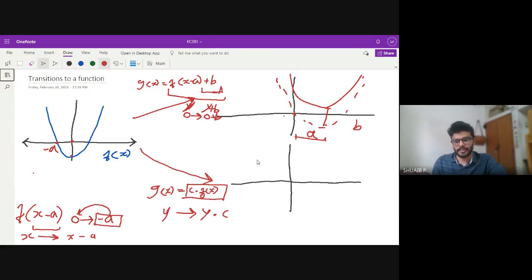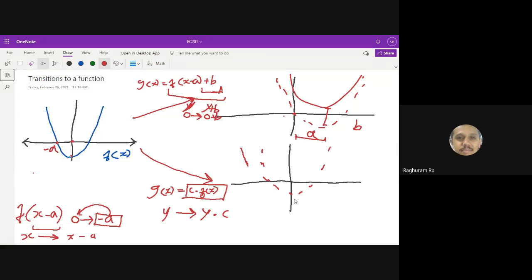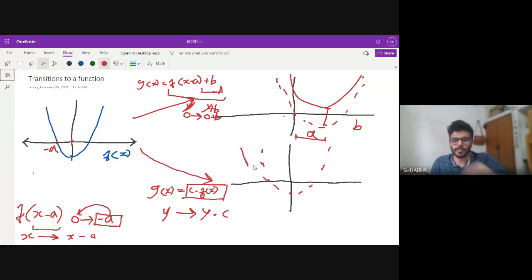So essentially, if this was the original function, all the points will have a c into y transformation, where c is a constant. Okay, so I made a mistake. Yeah, so the transformation would make the y value